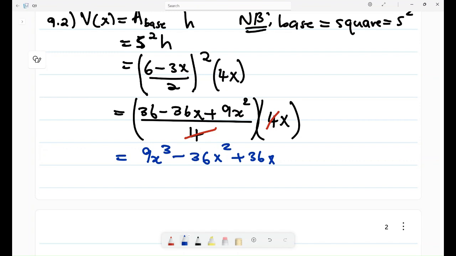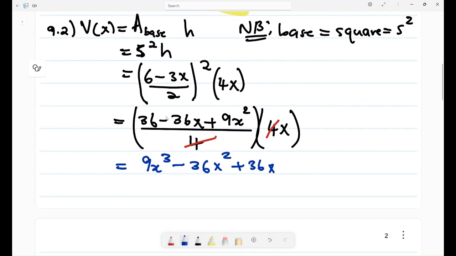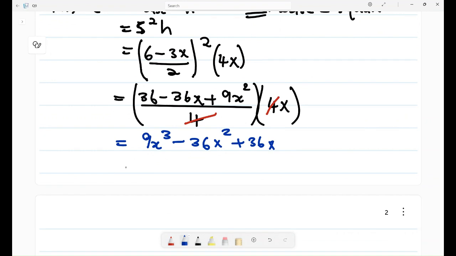Okay, so now remember I said at some point you're gonna have to use this formula. You have to take the derivative, and that derivative you should equate to 0. So what's gonna happen here is that you might divide by 3. Actually 9 is a factor in this case. So it's going to be x cubed minus, what is 36 divided by 9? It is 4x squared plus